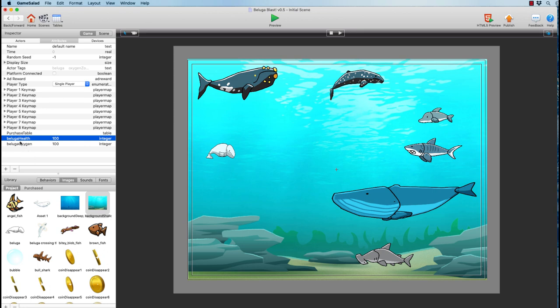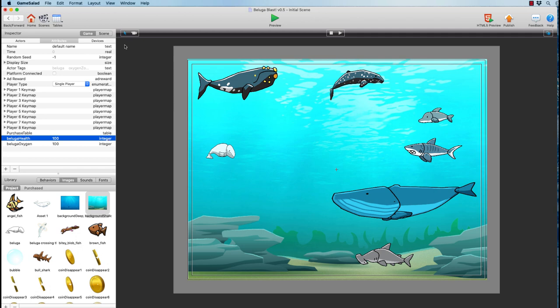What we're trying to do here is to add two variables called Beluga health and Beluga oxygen that would be known as global variables. And these are variables that can be seen by all the objects in the entire game. So here's a Beluga health variable that has a value set to 100 to start with. And it is a variable of a type called integer. Integer is really easy. It's just 1, 2, 3, 4, 5. It's a whole number. There are a number of different variable types that can exist in computer programming and in GameSalad.